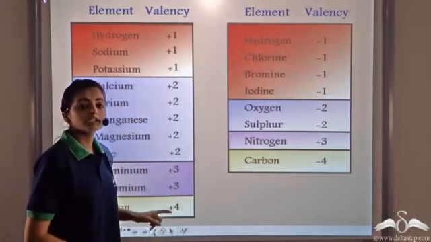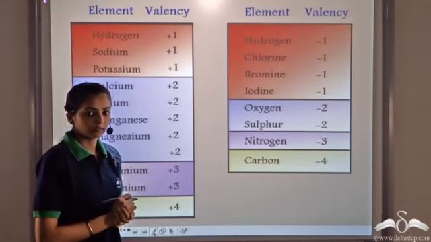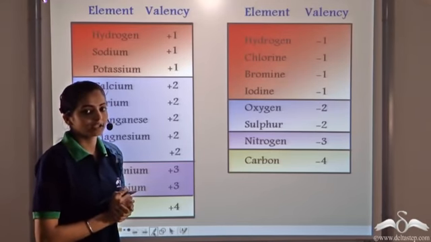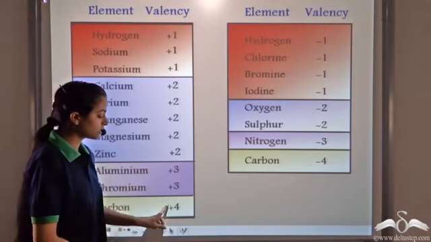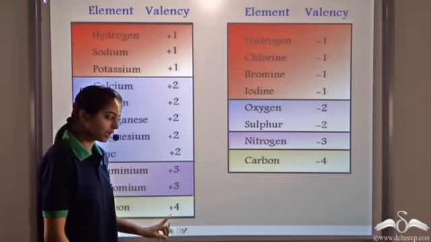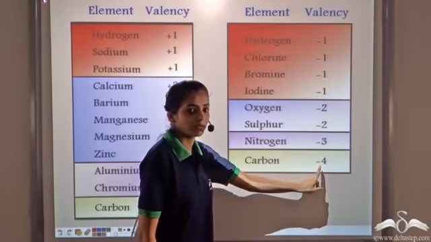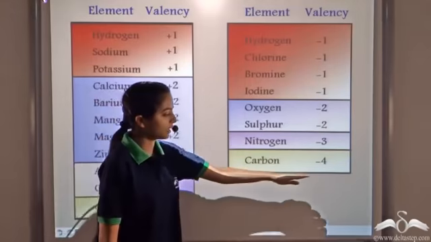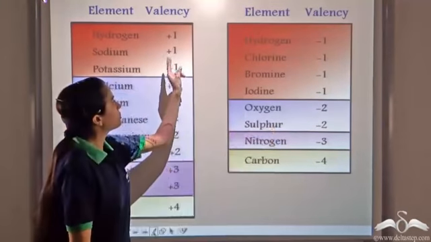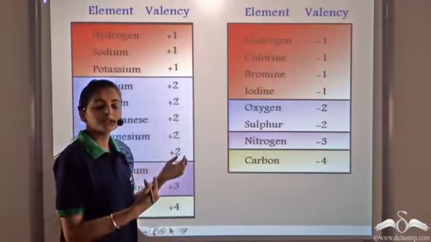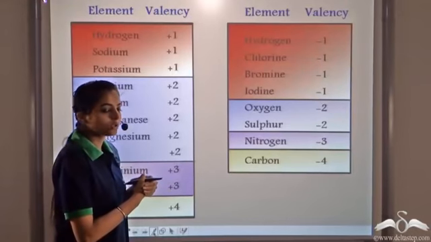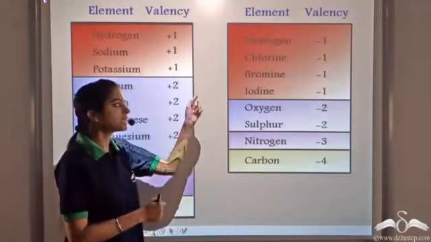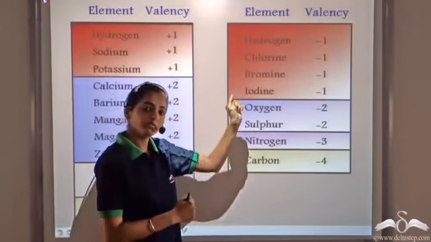We know that carbon has 4 electrons in its valence shell. So it can neither gain electrons nor lose electrons. It shares electrons. So that is why we consider both +4 valency for carbon and -4 valency for carbon. Now in which case we take +4 and in which case we take -4, we'll see that. Similarly, hydrogen completes its duplet structure by sharing 1 electron. So it shows both positive and negative valency. So in which case we take +1 and -1, we'll see that.